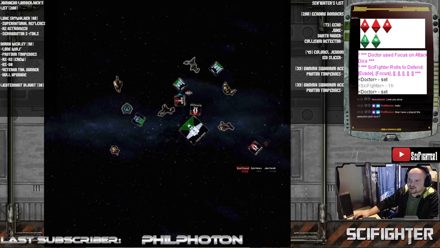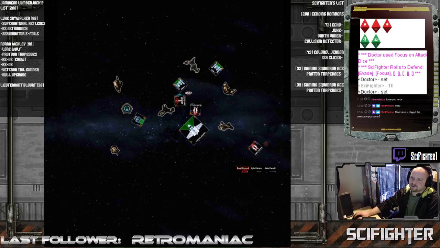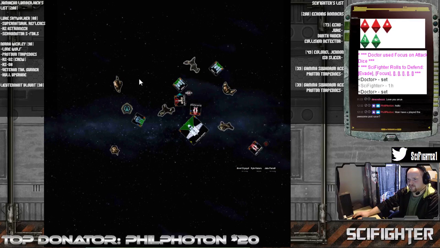So we're going to move GSA 1. I think we're just going to K-turn him. Oh, 5K. We're going to bring Echo. We're going to bring him up here. And then...